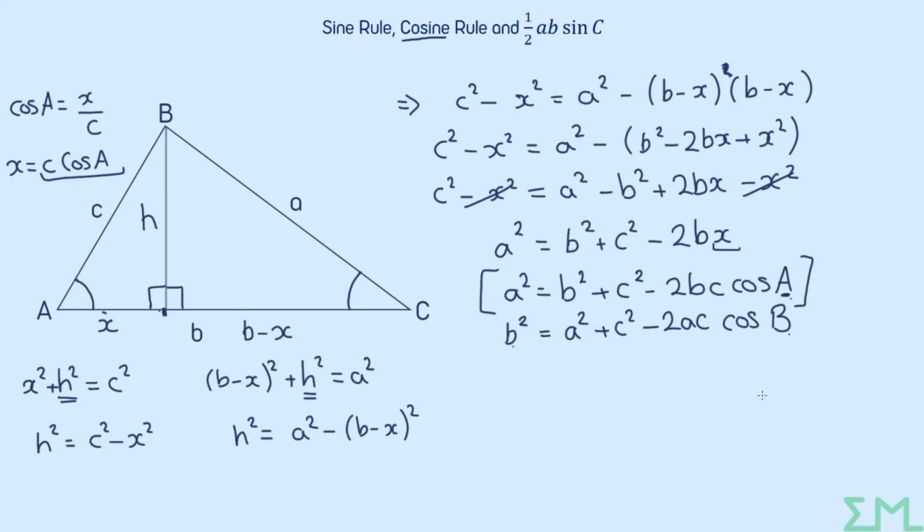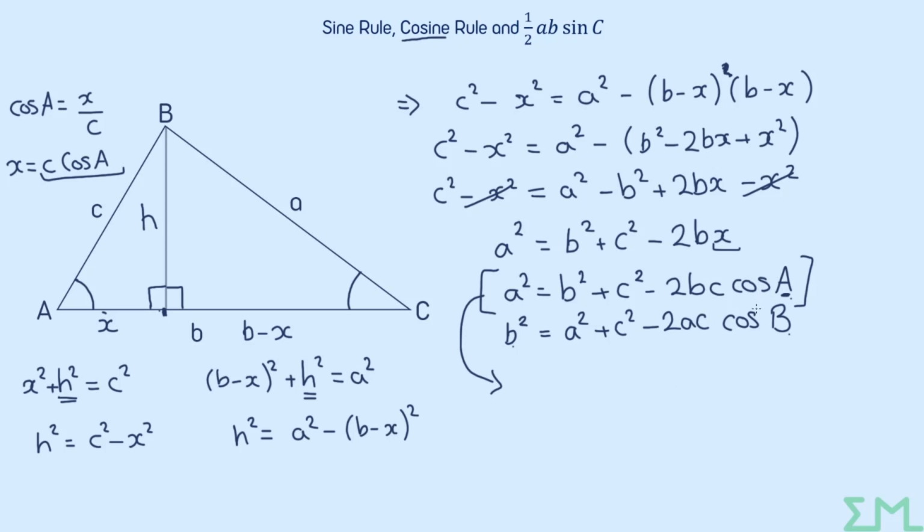trying to find. On the subject of finding an angle, you do have a choice here. You can either sub in your three sides and then rearrange to find the angle. That can be risky because there can be some mistakes made with the numbers, or you can learn the rearranged version of the formula. So if I take the original formula that I got to and make cos A the subject